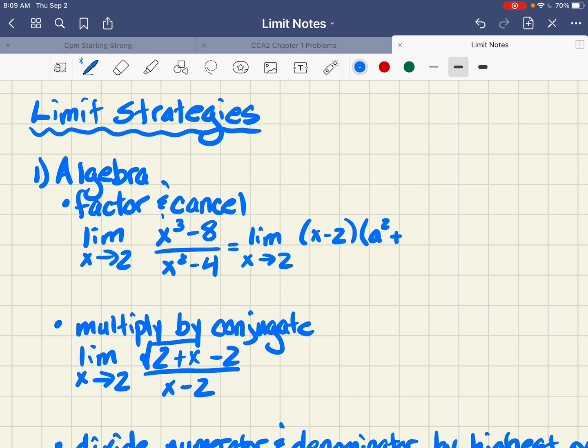plus ab plus b squared. All right, so I'm just going to replace the a and the b with the 2 and the x. So x squared, 2x, 2 squared, I'll just make that be 4. And then the denominator, that's just a difference of squares, so that would factor as x minus 2 times x plus 2. Okay, so by factoring this, what we notice is if you substitute a 2 in now for x minus 2,